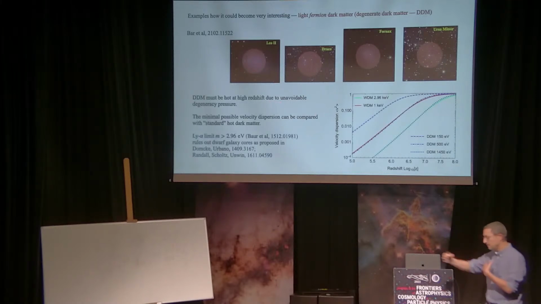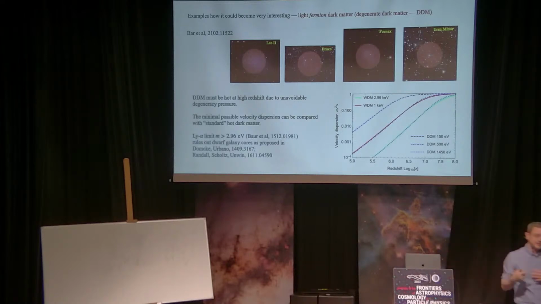The point is, in the early universe, such light fermionic dark matter essentially has to be degenerate again, because if you go back squeezing the proper volume, the number density of dark matter increases, and eventually you're going to hit Pauli degeneracy, which means that your dark matter is necessarily going to be hot because it's going to be at the Fermi speed. And so you can calculate the free-streaming scale for this kind of fermionic dark matter, and it follows very well the velocity dispersion of warm dark matter. There is a one-to-one mapping to what constraints on warm dark matter say, and in fact, what I'm plotting here